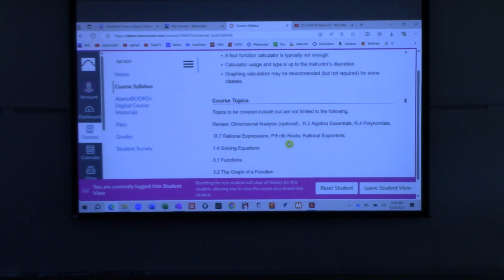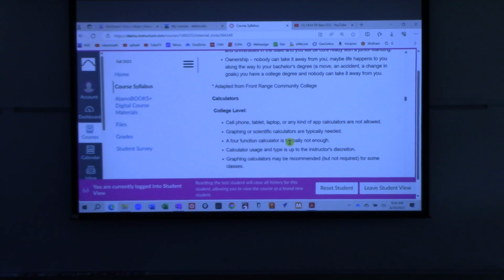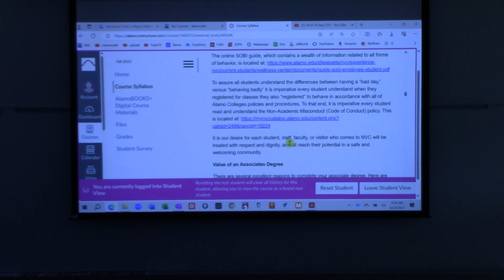The rest of this is just statements about the college. The college has stuff in here. Calculators: you're allowed to have a scientific calculator or a graphing calculator. I have no restrictions, but you have to have at least a scientific one, all right? If it has a bunch of keys and you don't know what they do, that's a scientific calculator. Graphing is optional. Other than that, I think that's all the materials you need. Bring paper, bring pencils with you every day. Any questions?